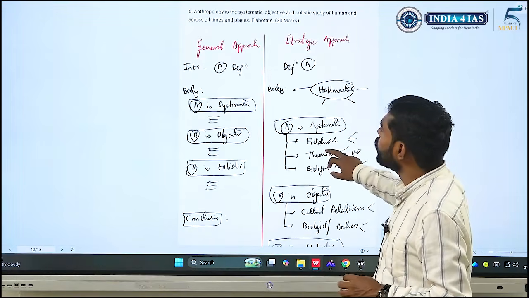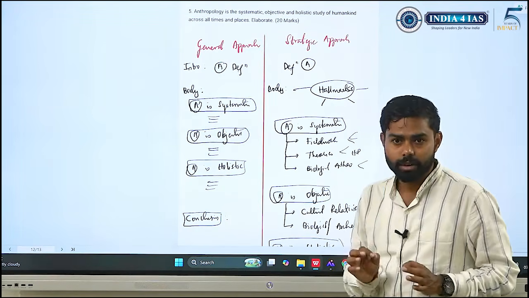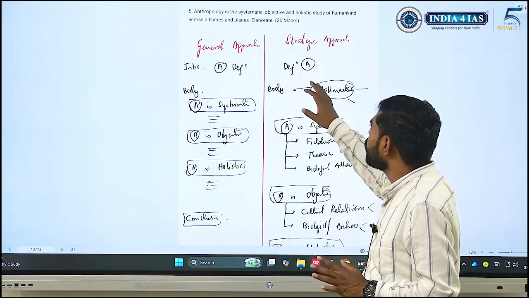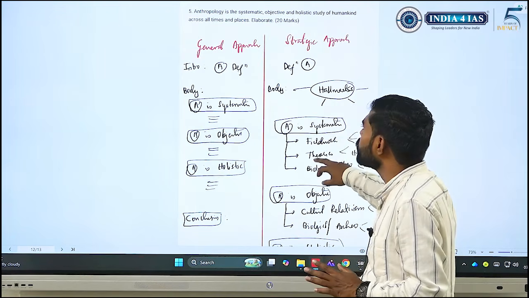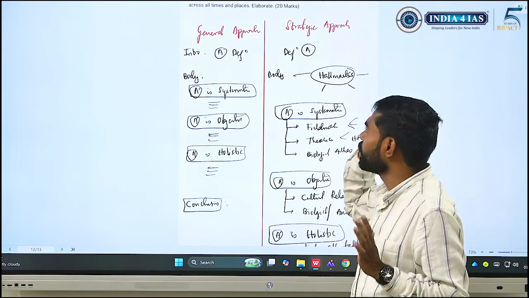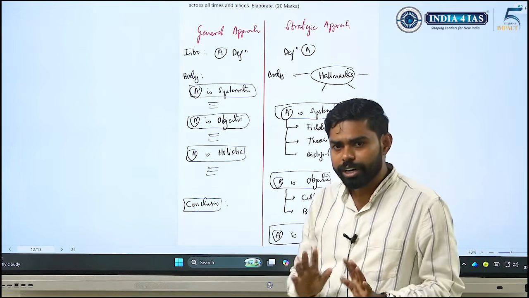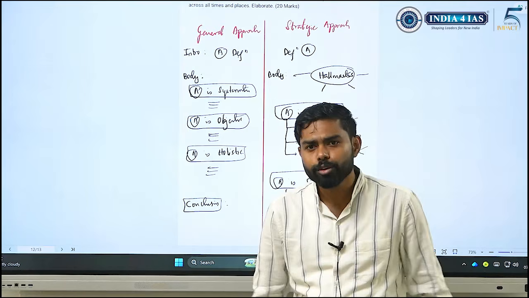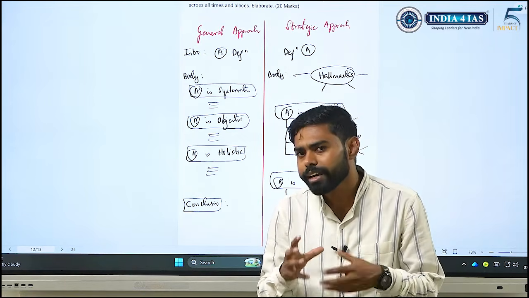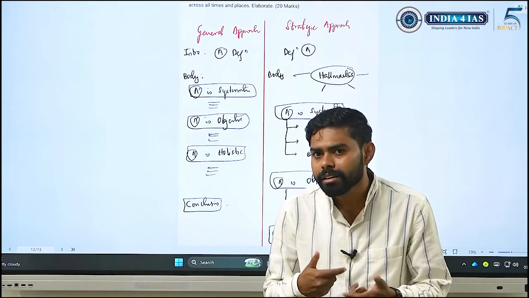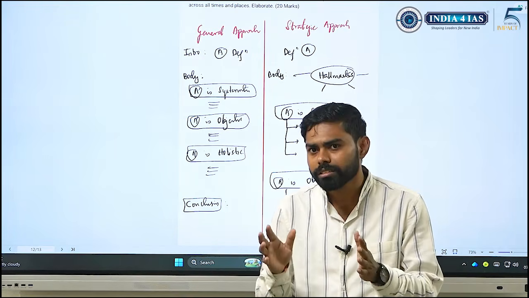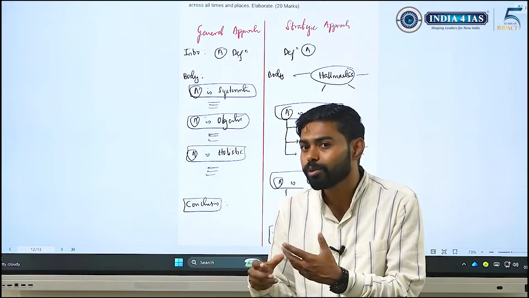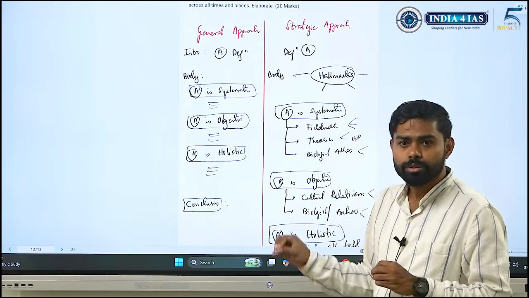And we have the last question for day one, anthropology. This is the analytical question that we come across in unit one. Anthropology is a systematic, objective, and holistic study of humankind across all times and all places. Elaborate. So it's very open, right? When it is open, you must first understand the question in its depth, and then you need to break it. Once you break it, try to write your answer in a holistic manner while acknowledging the basic core demand and analyzing it in a critical or anthropological perspective. That's how I tried to solve this.